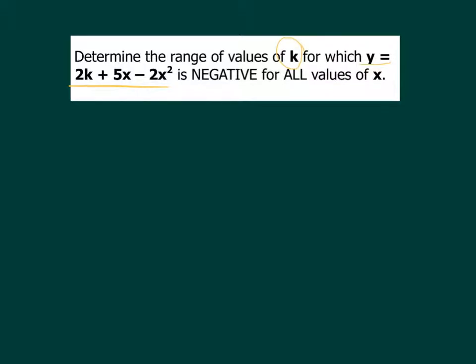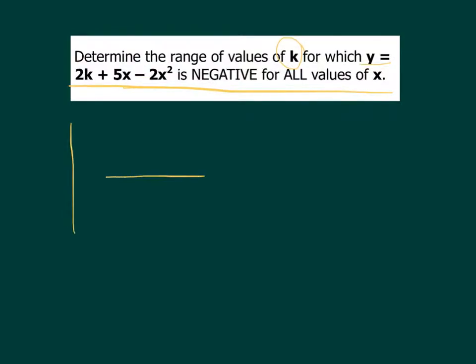You see, if you cannot interpret this statement that it has to be negative for all values of x, you won't know how to start the solution of the problem. Okay, so let's visualize what it means when y equals 2k plus 5x minus 2x squared is negative for all values of x. When we say that y is negative for all values of x,